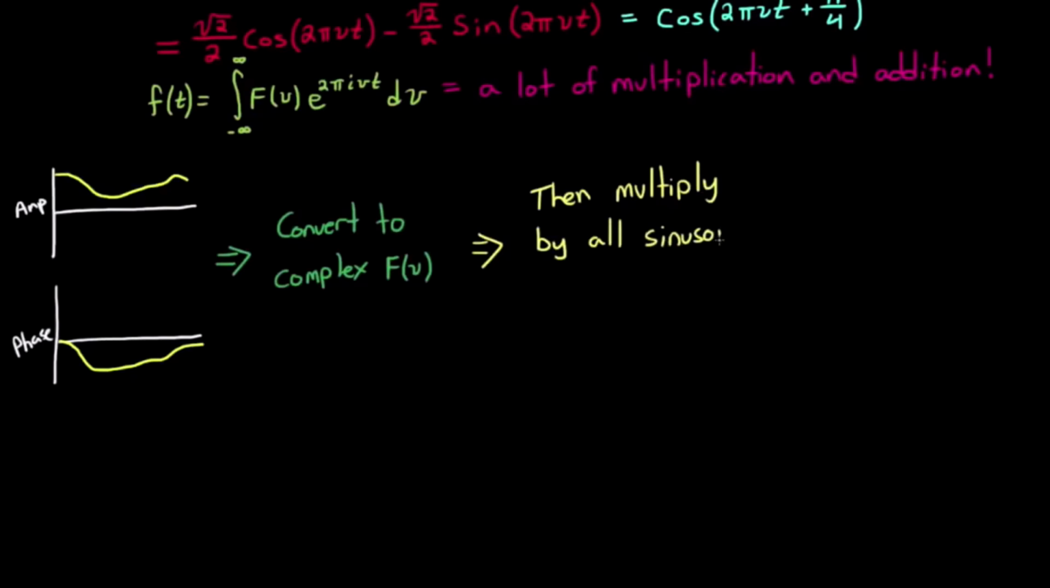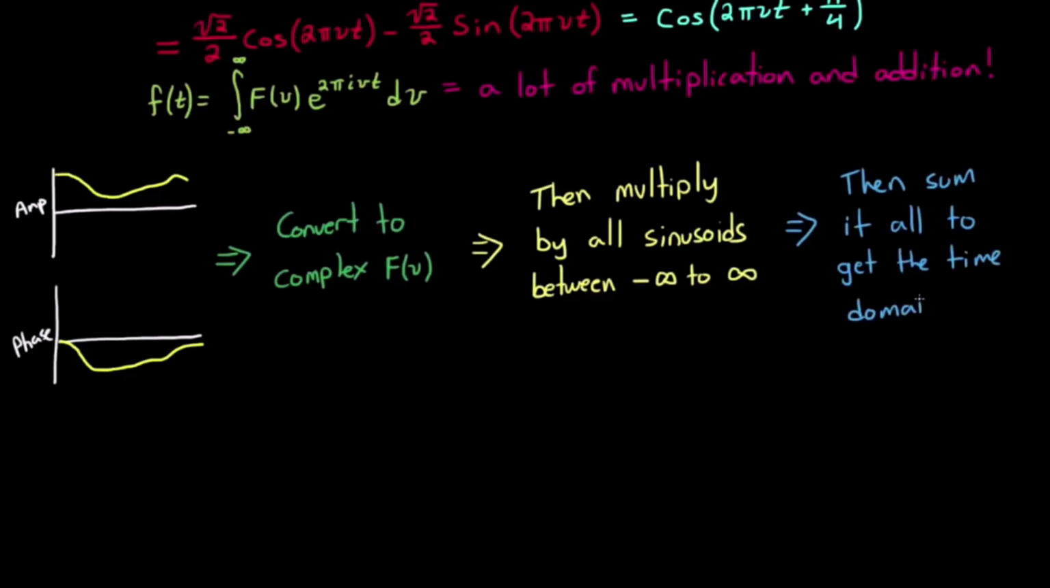Then you multiply that by Euler's formula, or by a bunch of phase-shifted cosine waves, with frequencies ranging from negative infinity to infinity. Then finally you just sum up each of those waves at all of those frequencies, and what you're left with is the time domain signal. So now you can see that the inverse Fourier transform is really as intuitive as multiplication and summing,